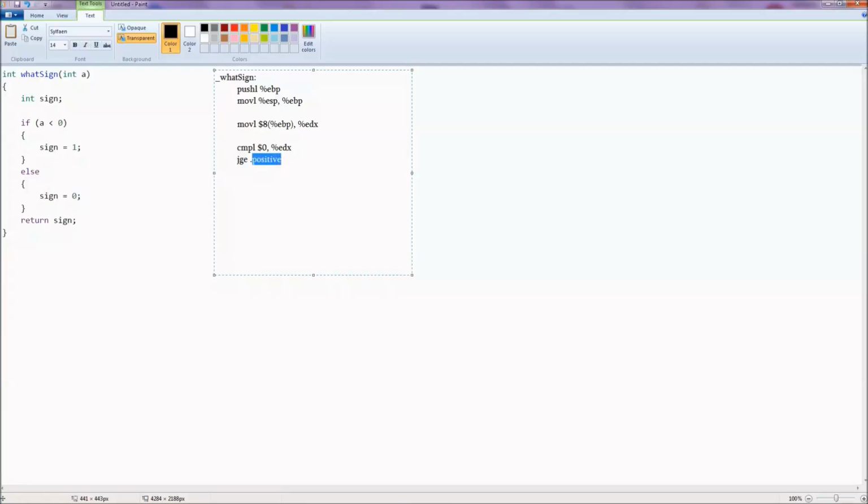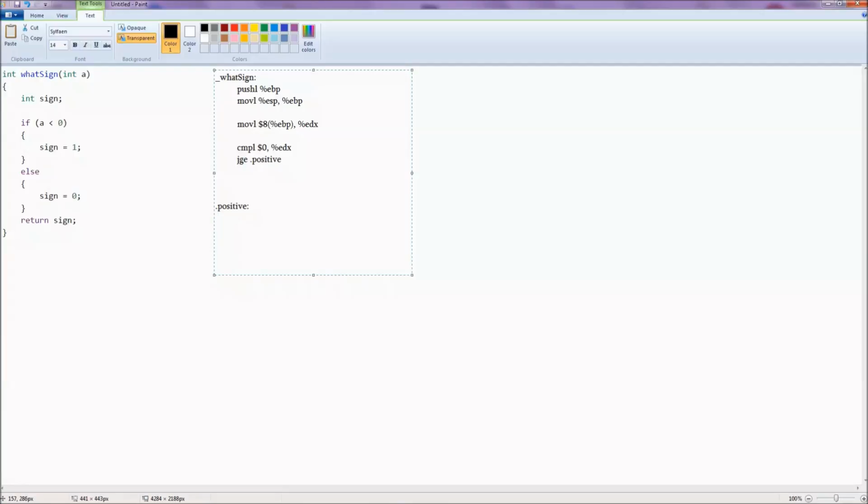We don't have positive here, it will be somewhere like here, for example. Let me write it first. It doesn't really matter which you write first, but it might be better to understand like this. So we have positive here, and what we do in case our argument had a positive number,